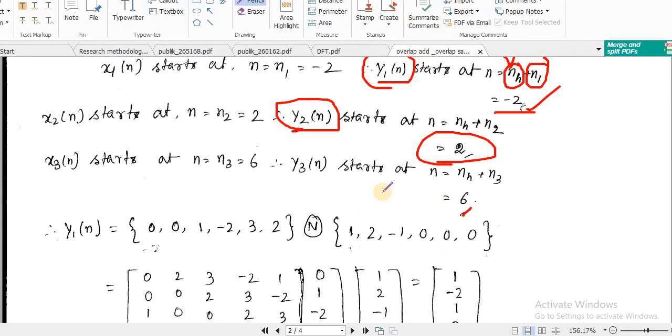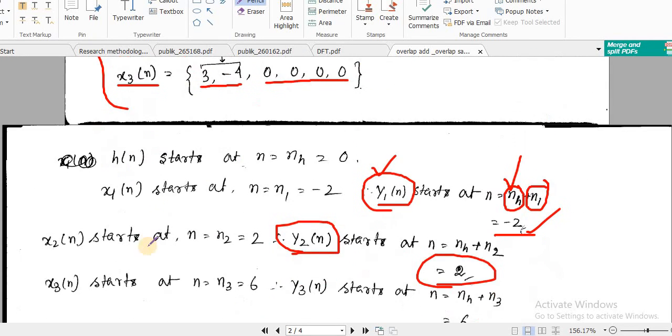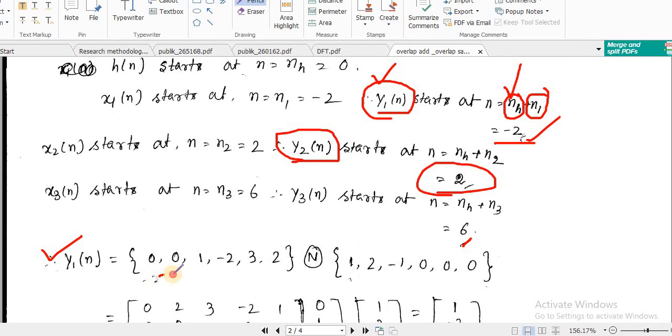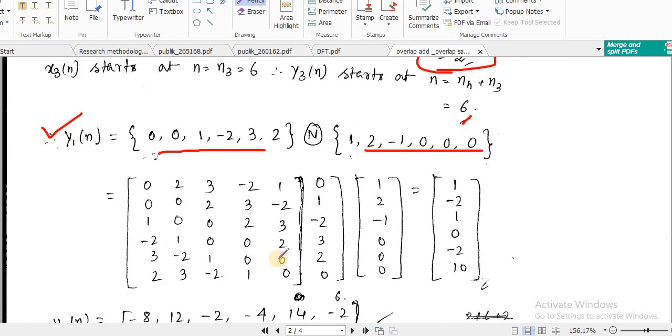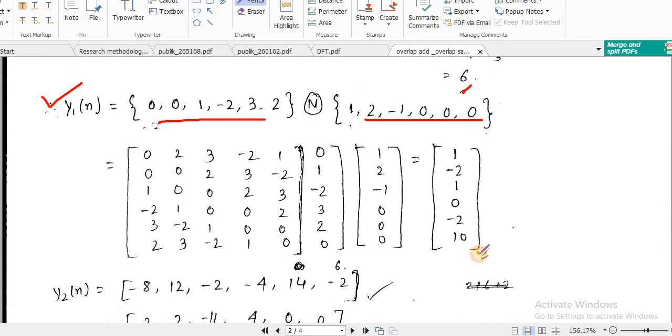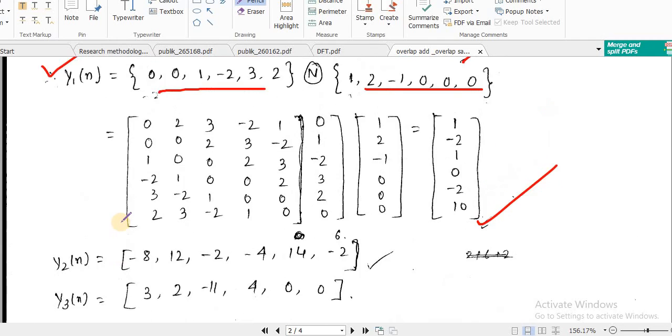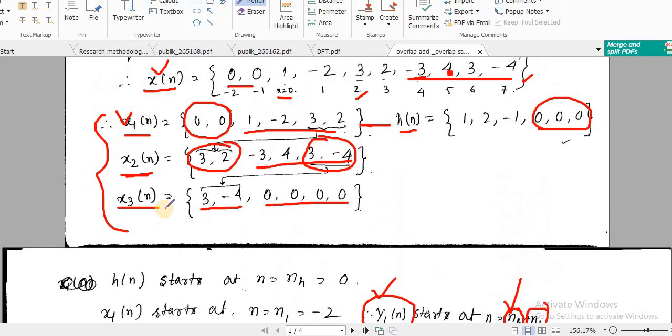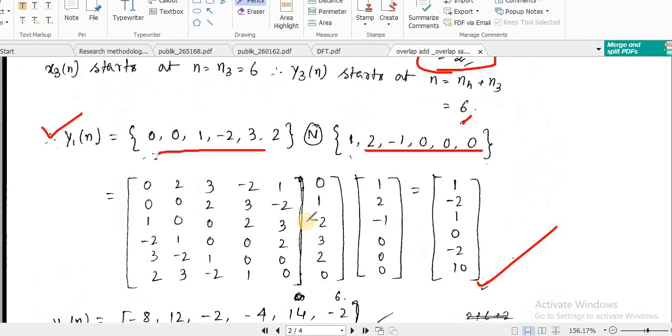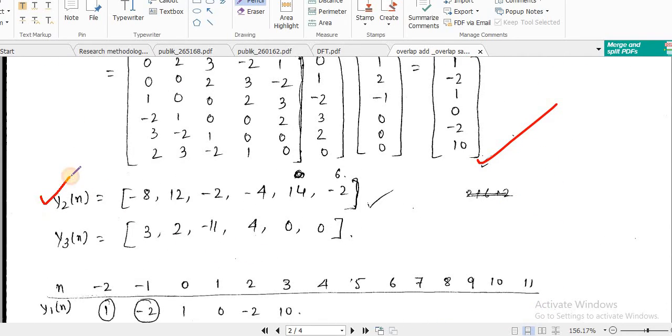Now we will perform the first circular convolution, which is basically y1n, the circular convolution between x1n and hn. You can take the matrix method of circular convolution. So this is the result. This is very easy. Now in the same way, if we perform circular convolution between x2 of n and h of n, then the result is y2 of n.